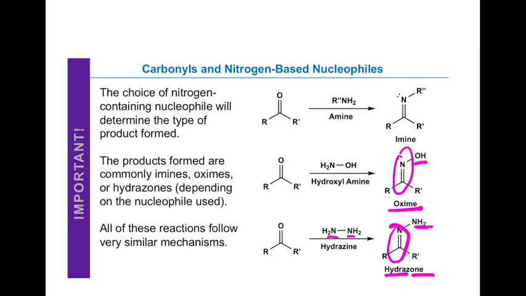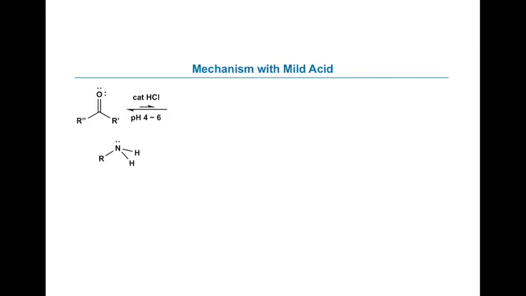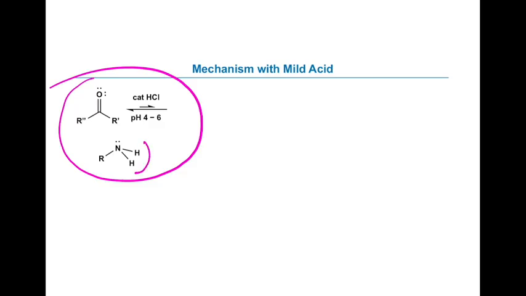All of these have the same mechanism. Nitrogen is going to add as your main nucleophile. You're going to end up swapping carbon double oxygen for carbon double nitrogen as you go between the two. So the way that this works, I'm going to start off with a carbonyl and a nitrogen compound. Notice I'm starting off with a primary amine, something where I've got two hydrogens there. When this reaction is done, you're going to end up making water, where those are the pieces we're going to be swapping out. Just for keeping track, those are the centers that we're going to have our reaction on.